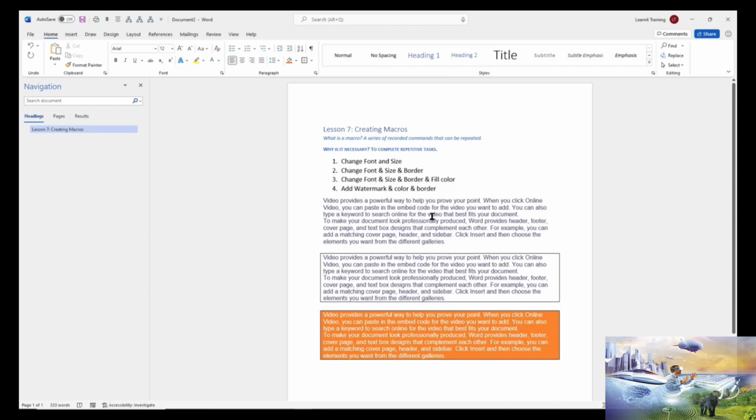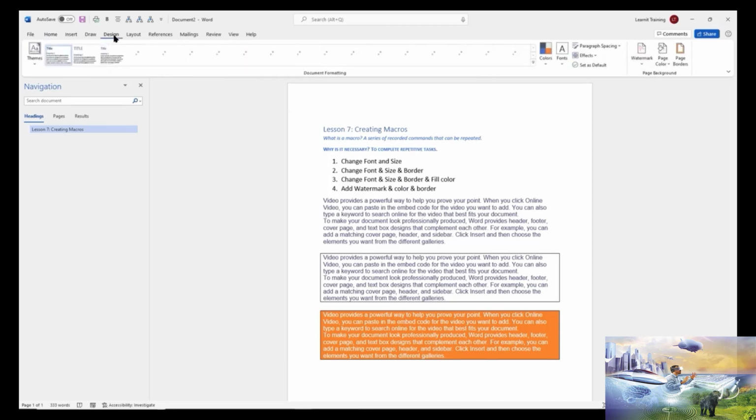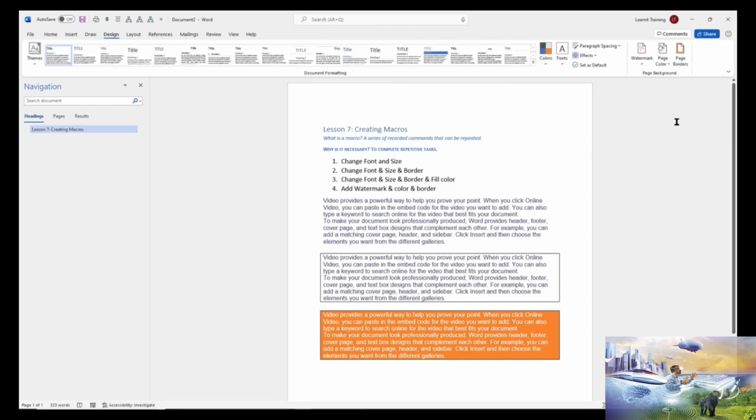Alright, so the last one, we were able to record macros in individual paragraphs. What about an entire document? So for this one, I'm going to make some big changes here. And this can be useful. Maybe it's necessary for you, as you're branding your company document, to add a watermark to it, to add a specific page color, and add page borders as well. So I'll go ahead and run that, and I'll just click anywhere in my document here, and I'll go back